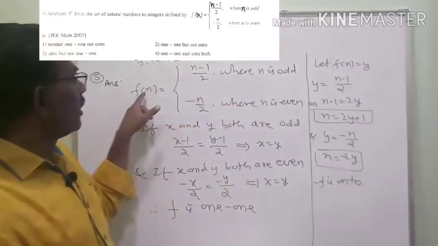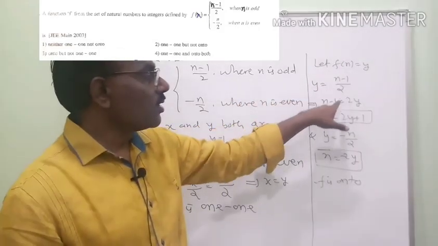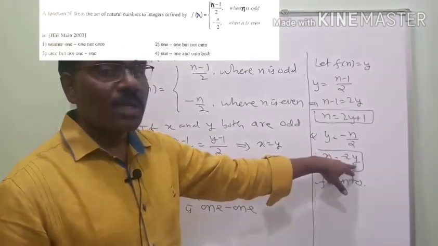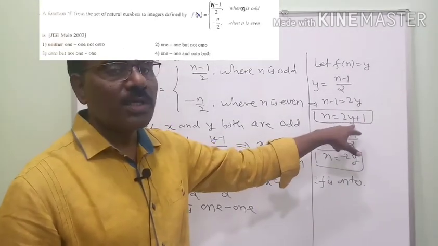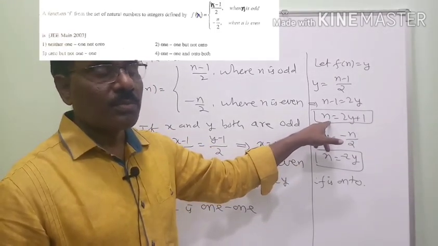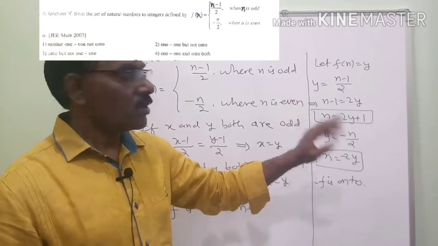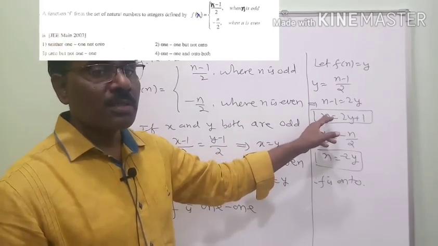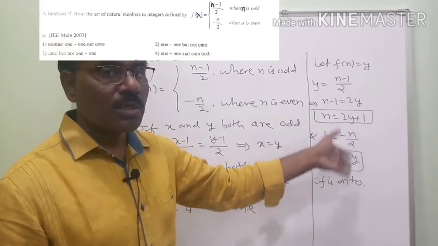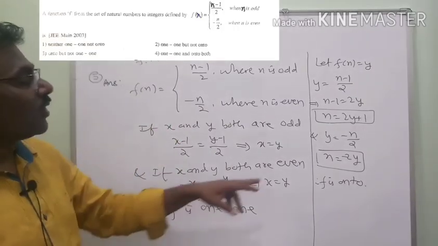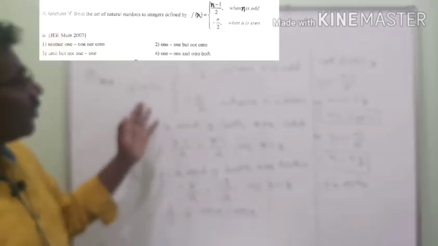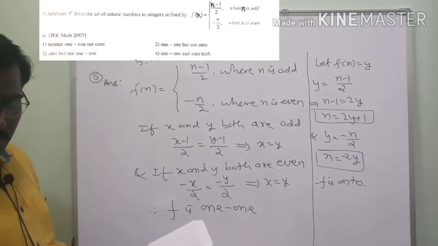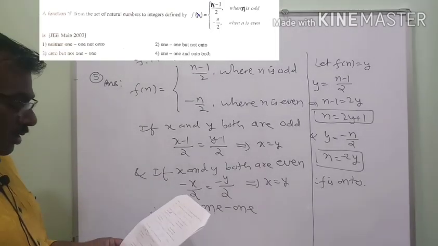So very important, I am taking f of n is y is n. So in both cases you should write n equal to 2y plus 1 minus y: negative integer even number, positive integer odd natural numbers. Both are associated natural numbers. Okay, the function f is onto. Now this problem is both 1-1 and onto. Option 4 is the correct. Option 4 is the correct. Okay, both 1-1 and onto.